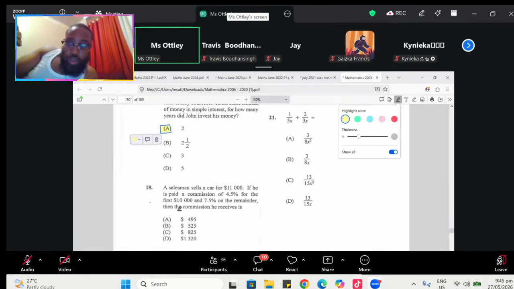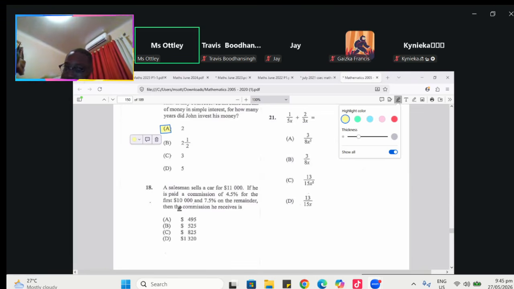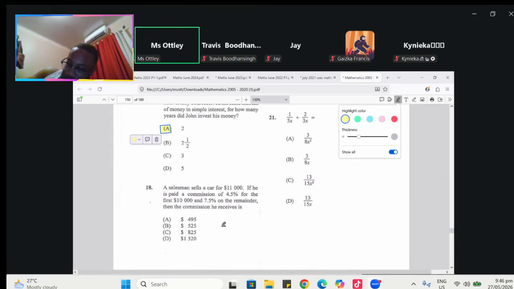All right, number 18. A salesman sells a car at 11,000. He is paid a commission of 4.5% for the first 10,000 and 7.5% for the remainder. The commission he receives is, so this is also a two-part working question. We need to work out his commission on the first 10,000 and then add the commission on the remaining 1,000 at 7.5% to give us